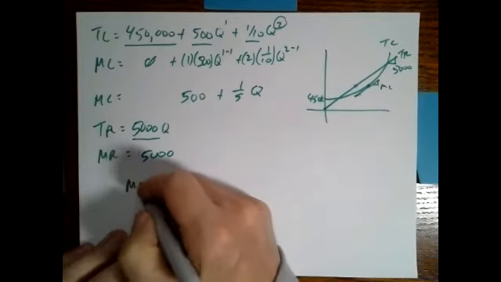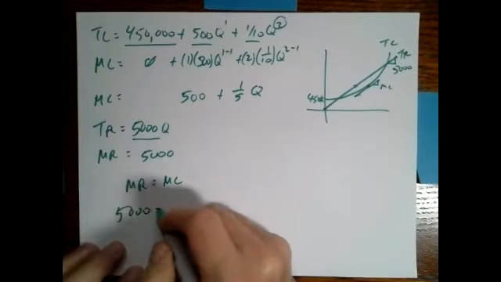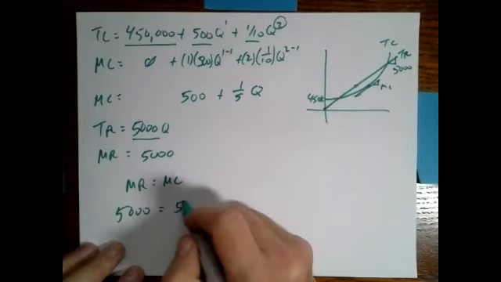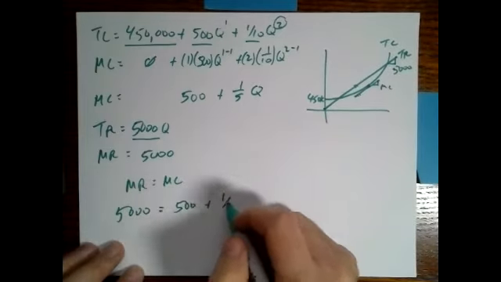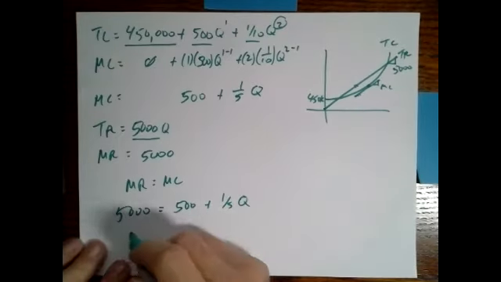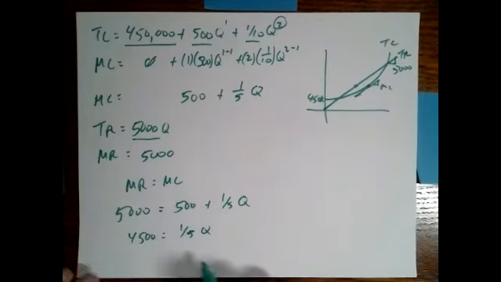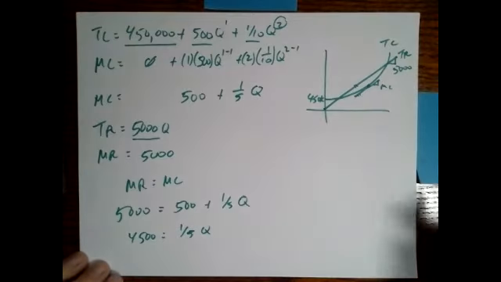So I'm going to set marginal revenue equal to marginal cost. 5,000 equals 500 plus 1/5 Q. I subtract 500 from both sides and get 4,500 equals 1/5 Q. Multiply both sides by 5 to cancel out the 1/5, and I get